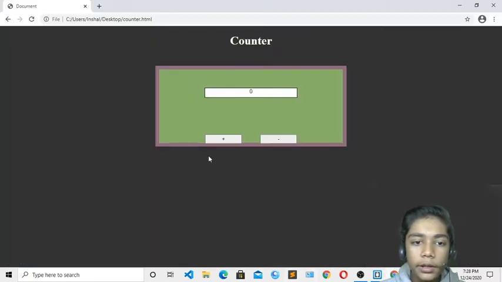Now open your Google Chrome. Here you can see we have styled it, and we are having our border. We have a 10 pixel solid border which we have defined, and we also have our white color for the counter. The green color was randomly coming with that, so you don't have to take care of it.